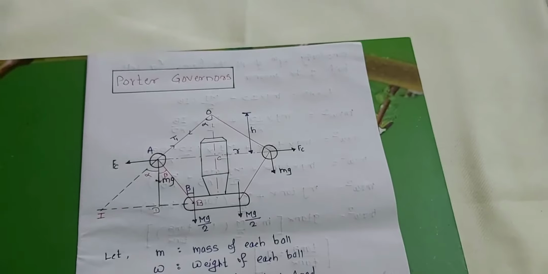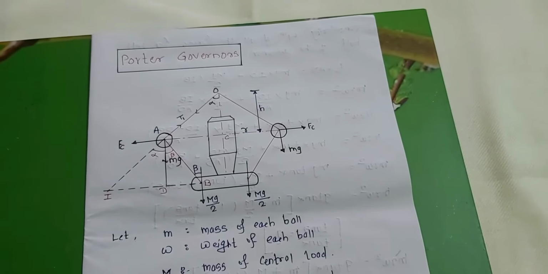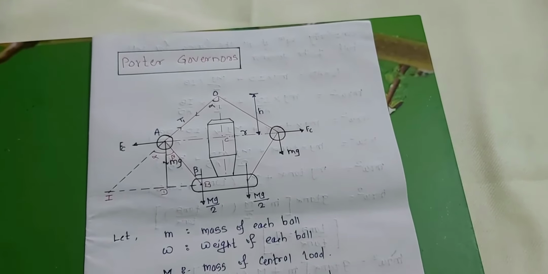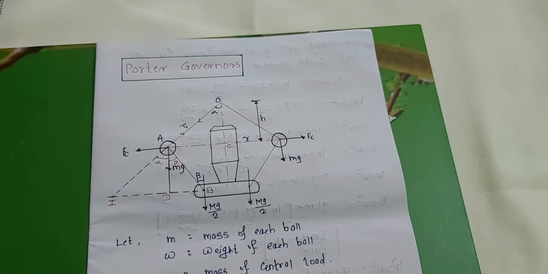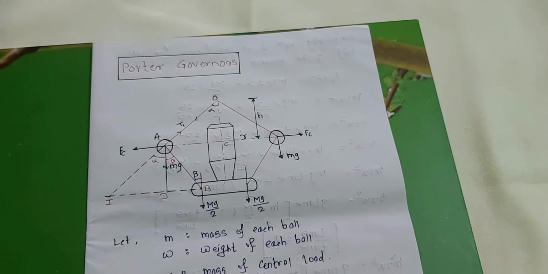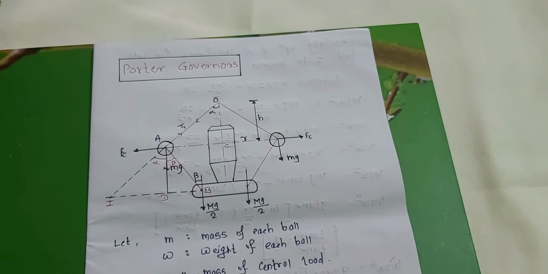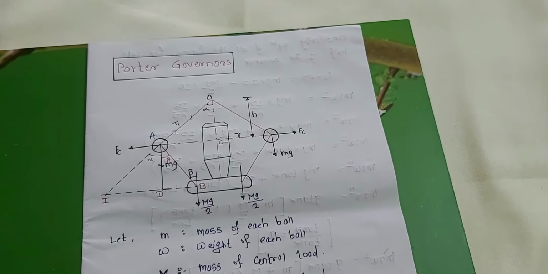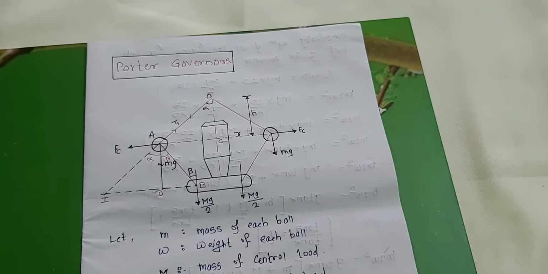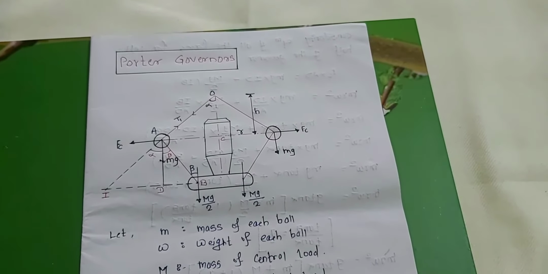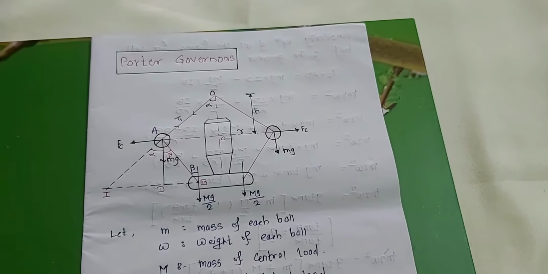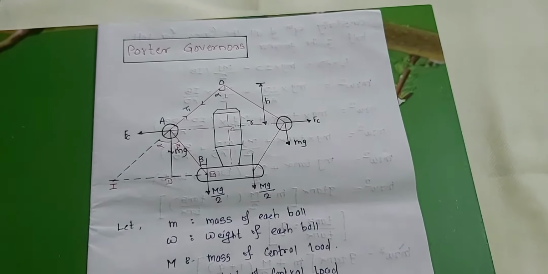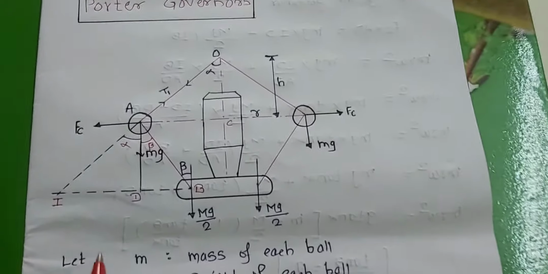an engine. And why are we going to use this kind of device in an engine? A governor is a system used to maintain the mean speed of an engine within certain limits under fluctuating load or conditions. It does this by regulating and controlling the amount of fuel supplied to the engine. So the basic use of this type of governor is to control the fluctuation of speed according to the load on the engine. This is the schematic figure of a Porter governor.